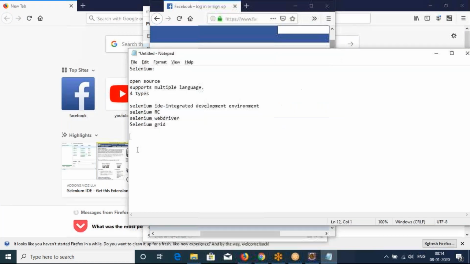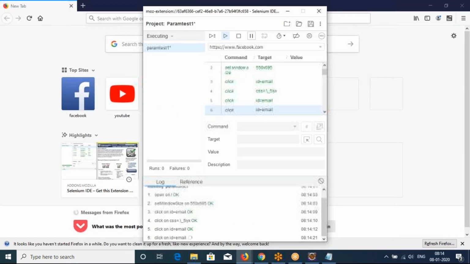It is running the program. I can pause the test execution, and I can change the test execution speed: fast, slow, or medium. And disable breakpoints, if you keep any breakpoint here and want to disable it, this is the option.